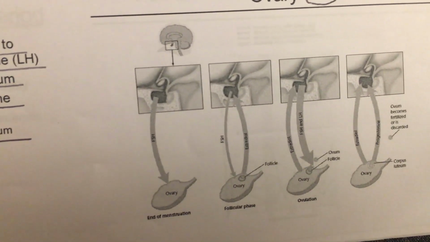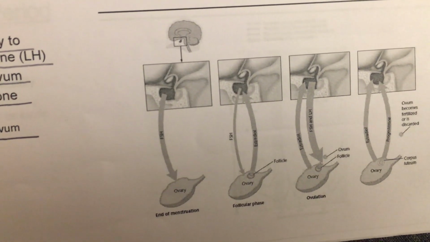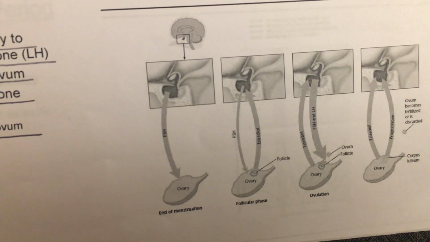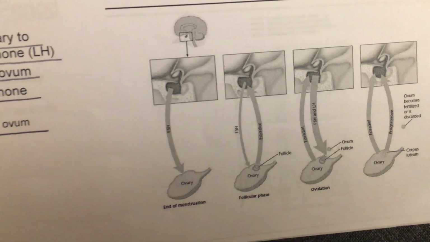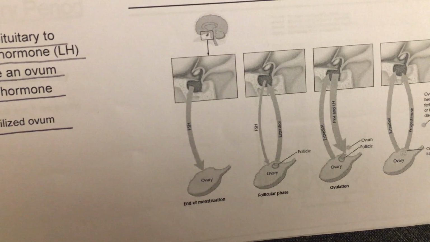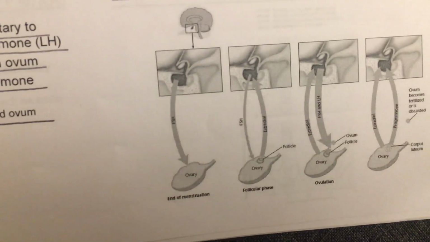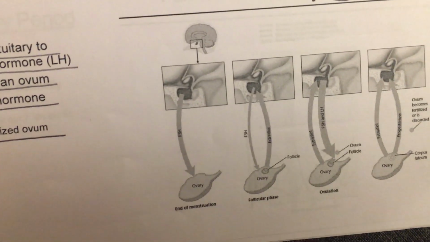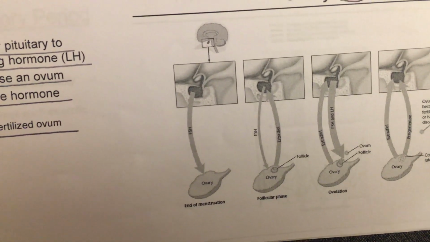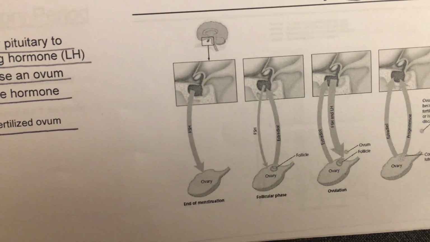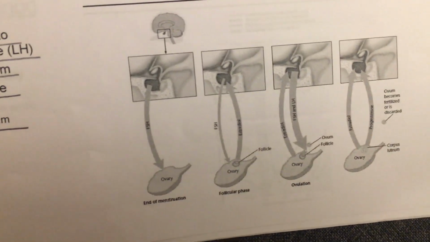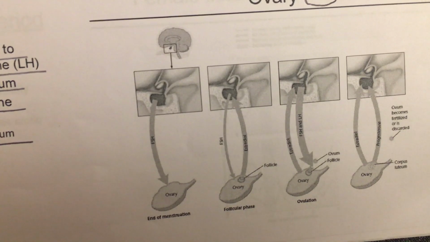And then the estradiol is released. FSH and LH are released back into the ovary. Ovum is released. Follicle is released. Estradiol and progesterone are released from the ovary. The ovum becomes fertilized or is discarded. And the corpus luteum